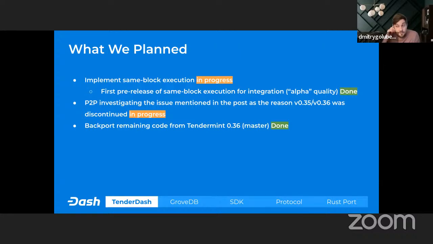For those who don't know what same block execution is, or probably somebody forgot, I just wanted to explain quickly.